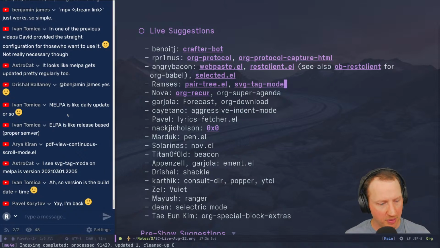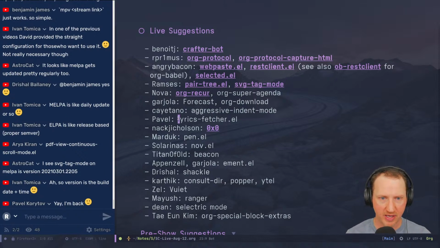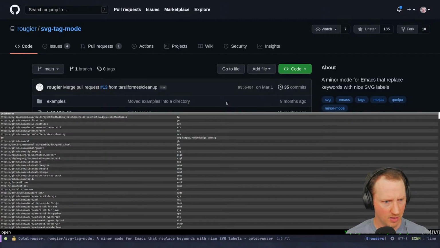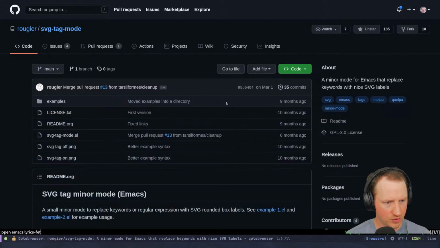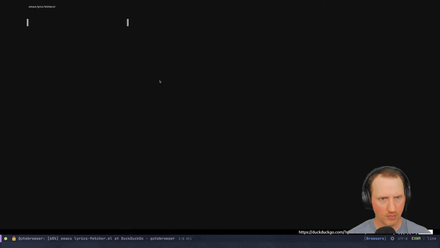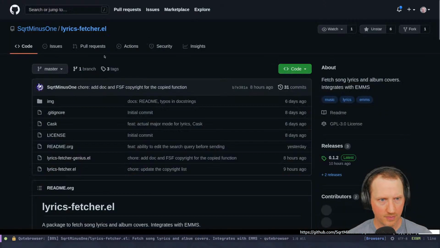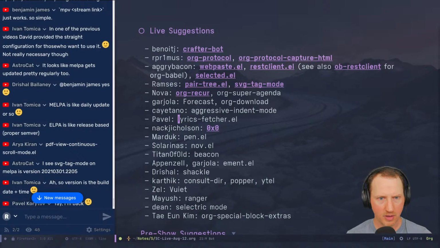Okay, Pavel is back, so it's probably a good opportunity to show lyrics-fetcher.el, which is something that Pavel had put into the System Crafters Discord maybe 2 days ago, I want to say. Pavel is known as square root minus 1, I think, right? On the Discord. So, let's see, Emacs lyrics-fetcher.el. Let's see if it's been indexed. There we go, square root minus 1. So let's copy the link there. I'm going to go ahead and add a timestamp, lyrics-fetcher.el.